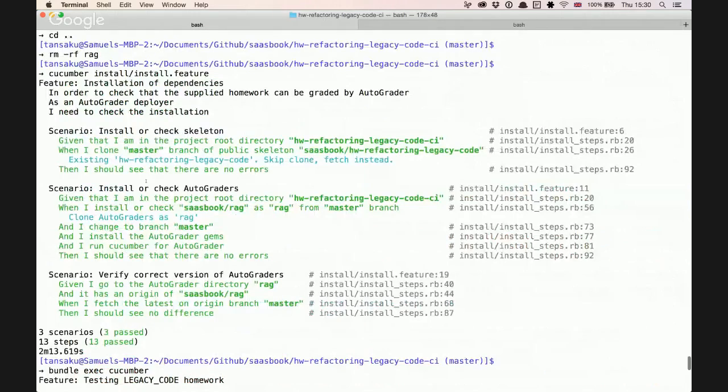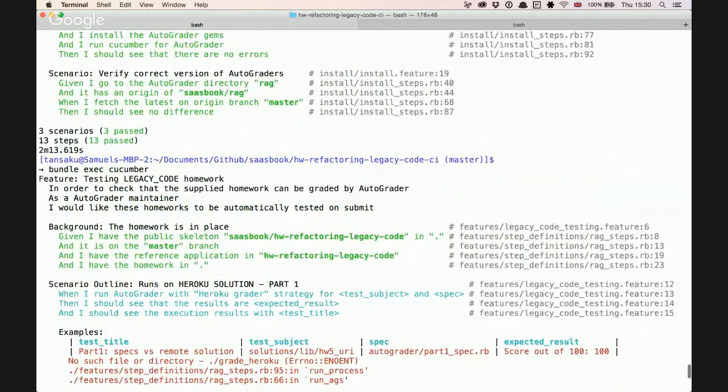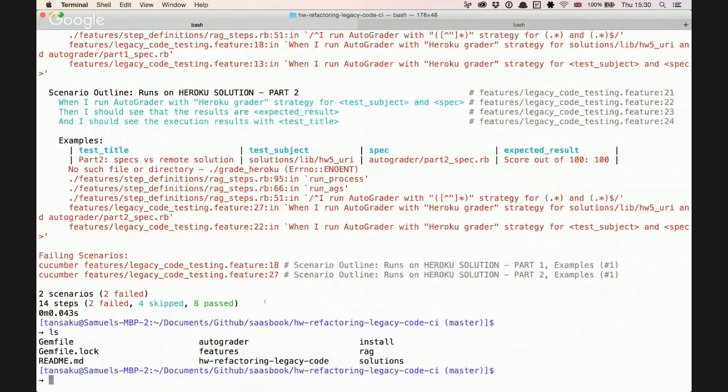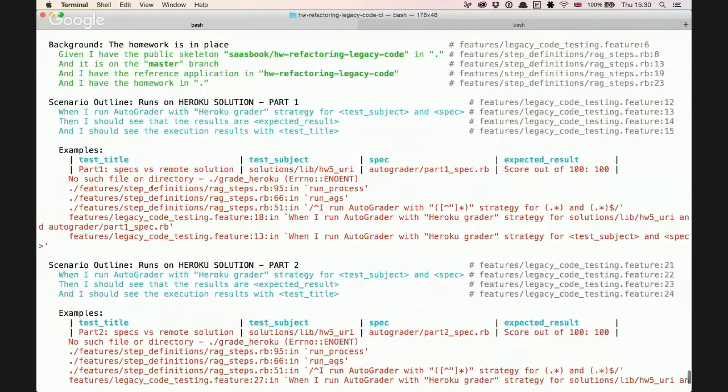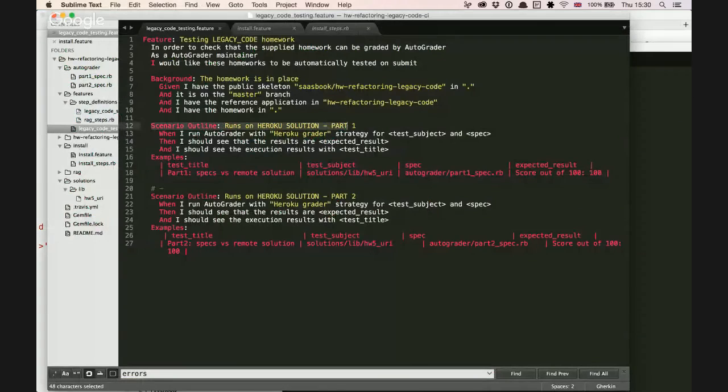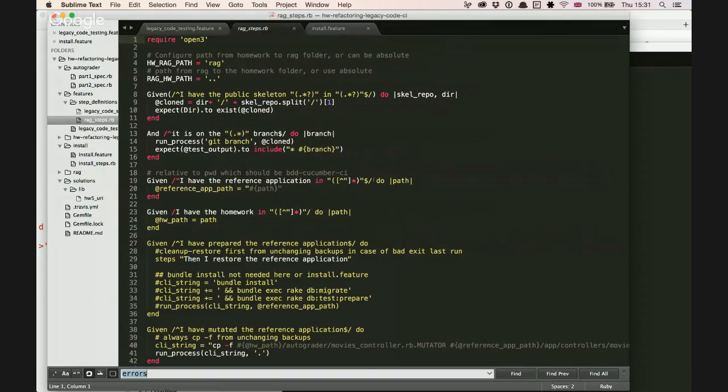Basically, what we end up with in this repo, if we have a little look here, this is for the legacy code. It's basically installed a rag directory that's got the whole thing in here. Now these failures are related to this process of trying to run these example scenarios. Here it's trying to run this Heroku solution part 1, going through these steps. If we look at when I run Autograder with Heroku grader strategy, that's a step in here. If we look for Heroku in here,